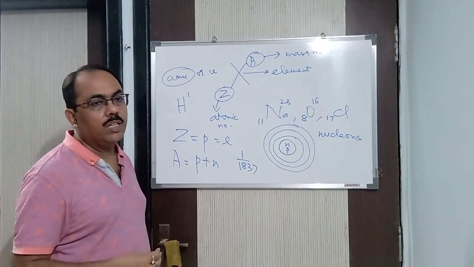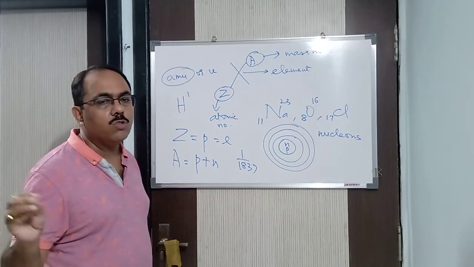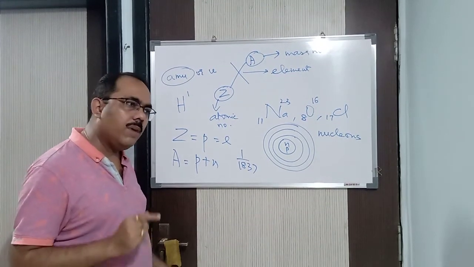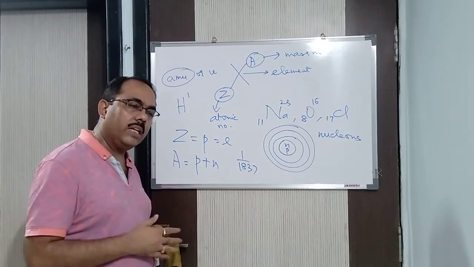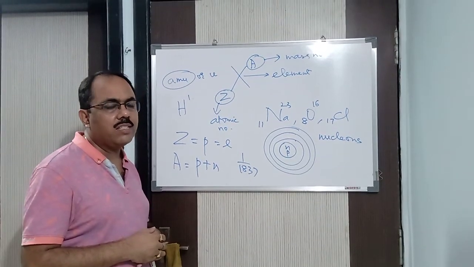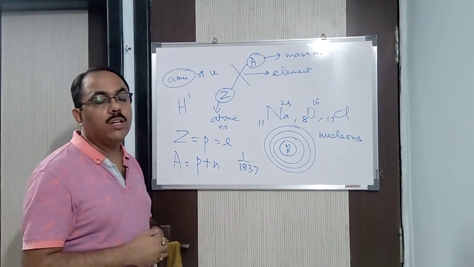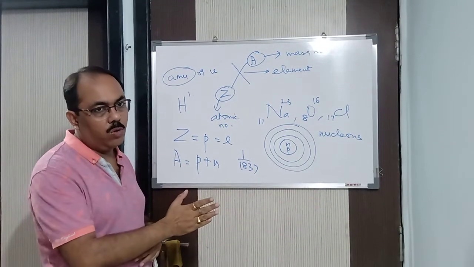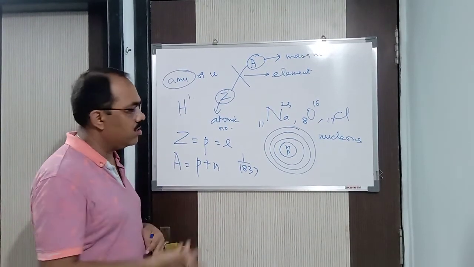For example, the atomic mass of hydrogen in terms of AMU is 1.008. For chlorine, 35.543. Now imagine if I am doing the calculation 35.543 into 20 or something like that, it becomes so difficult for us to calculate. So hence we use 35.5 in the case of chlorine, because if it is 0.5, you know that we keep it as 0.5 only. If it is less than 0.5, the lower number. If it is more than 0.5, the higher number. You have read this in maths. Here also we are doing the same thing.